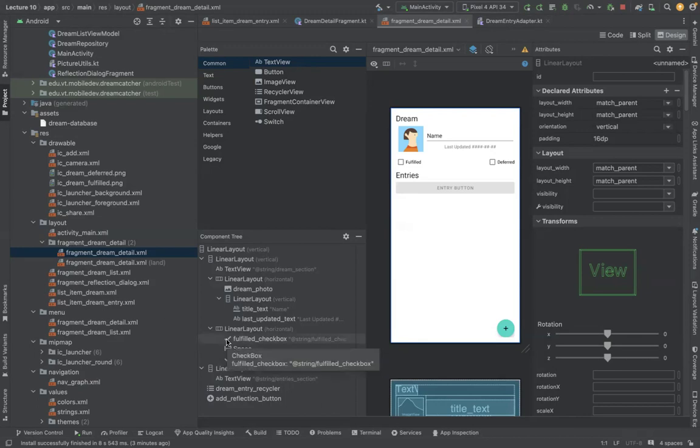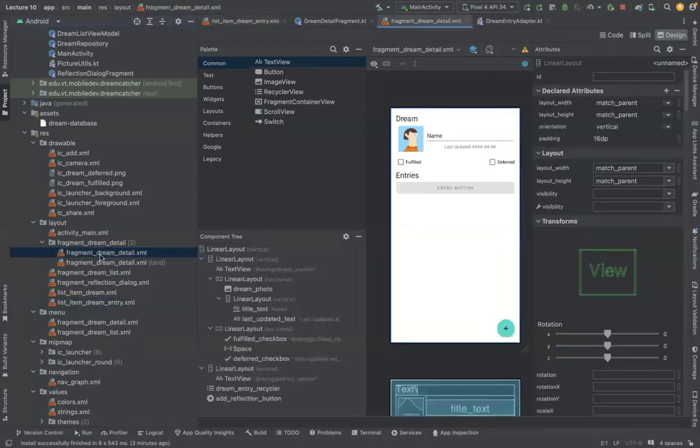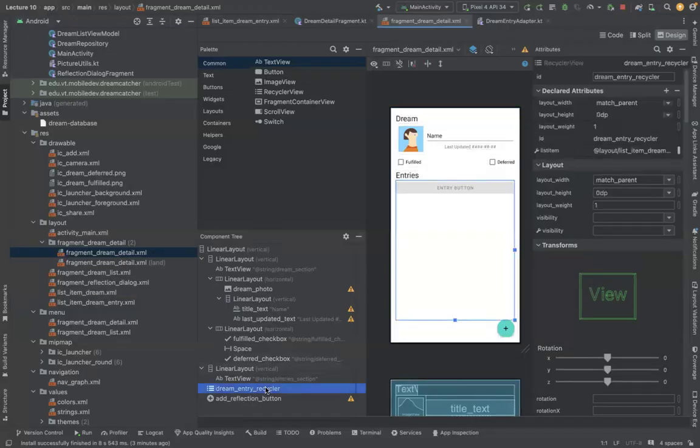it's not. So let's go to the list item dream entry. I think this is how it's supposed to be. It's just supposed to have one entry, which is fine. And then the dream detail, it only has one thing here. That's strange. That was strange for me in the first place. And this dream entry recycler. So there's something off here that I'm not catching. For some reason, something is going on here. So let's